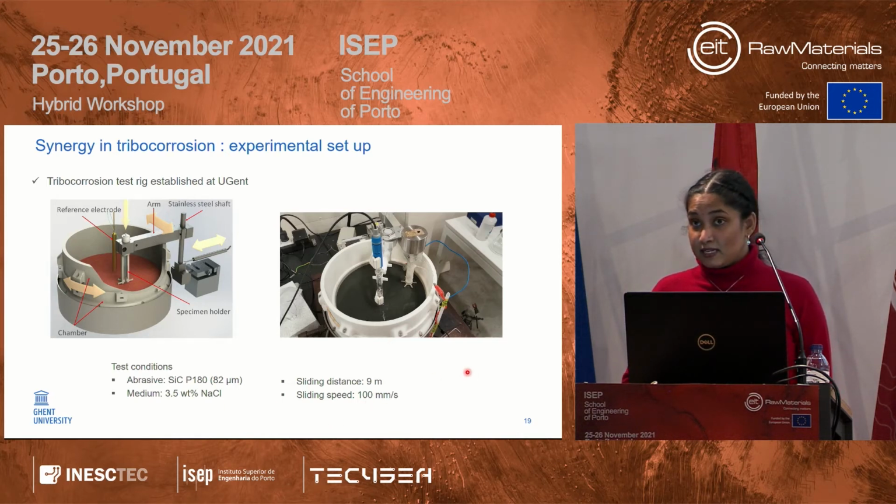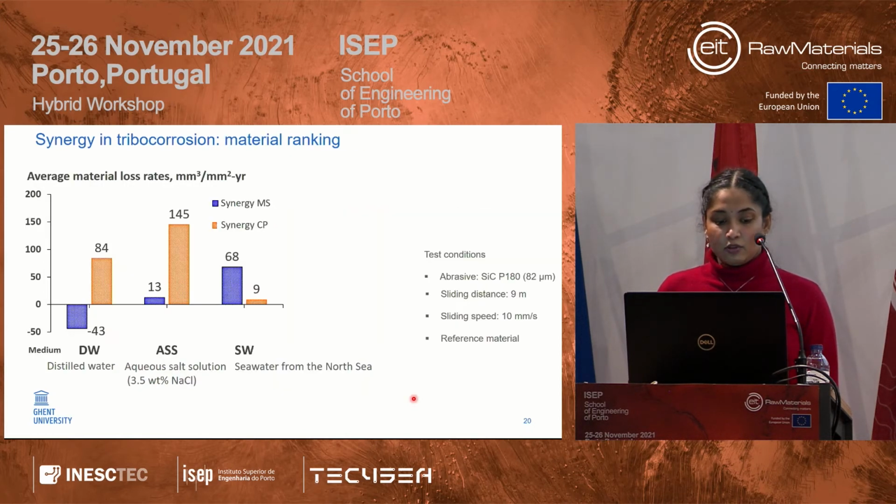Yes, this is a lab scale test. This cannot be directly extrapolated to a real scale environment, but this is a starting point of the studies of abrasion, corrosion, or the synergy of it, to give some numbers that mean something. So these were the results. We did see a negative synergy. As you see here, we did some tests in distilled water, which does not have any ions, definitely. So it does not have such corroding effects.